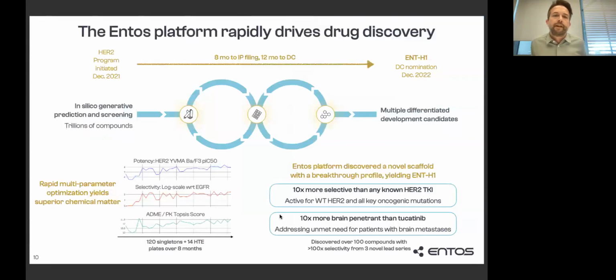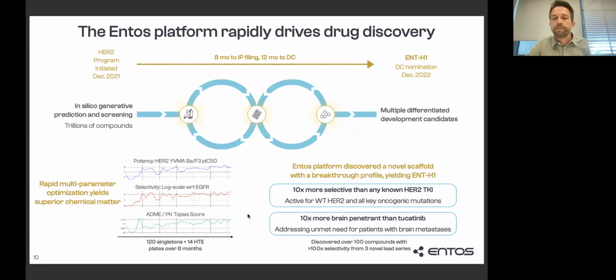And just as a final example of how that really works in practice, this is one of the 4 programs in our pipeline. This program is going from program launch to IND submission in less than 24 months on the basis of the fast process of discovery. It's HER2, which is an oncogene for which it's critical to get high levels of selectivity and brain penetrance. We iterated over the course of an 8-month discovery process, only having to synthesize 120 molecules in singleton and doing 14 sweeps through the high-throughput experimentation platform in that process to drive through to superior potency, selectivity, and general